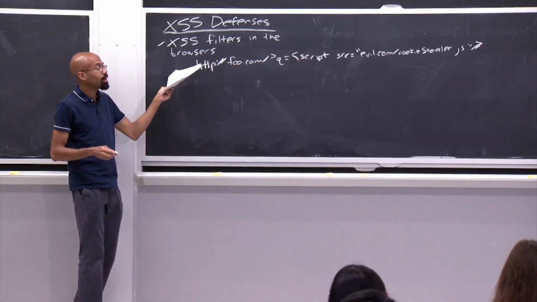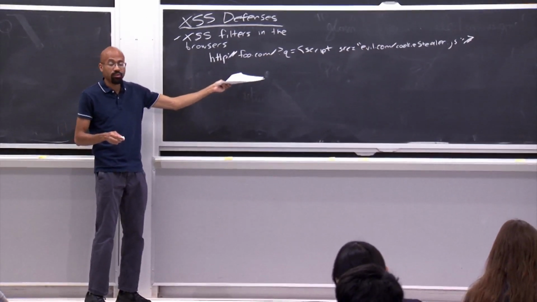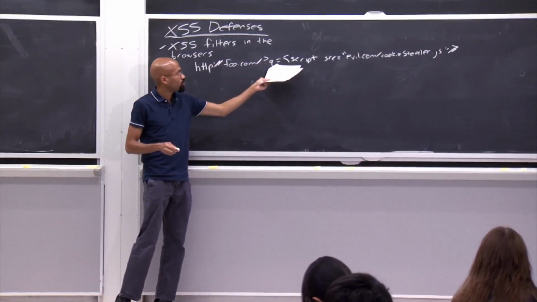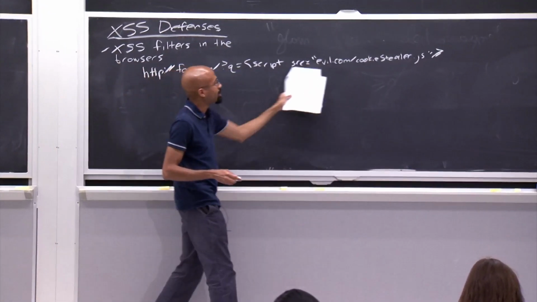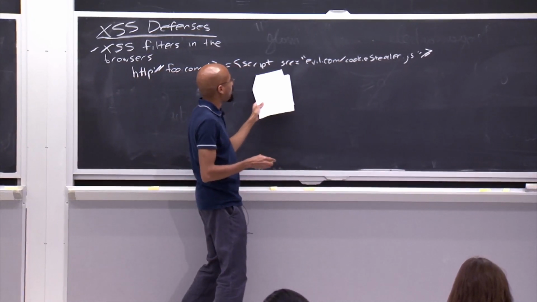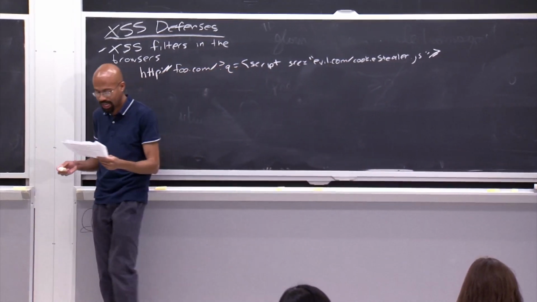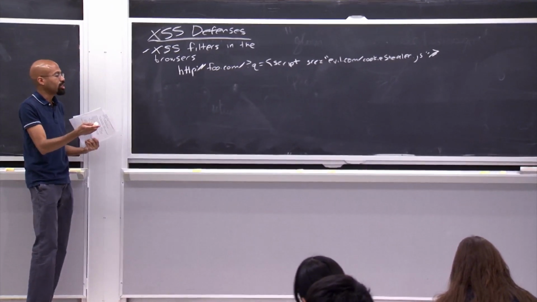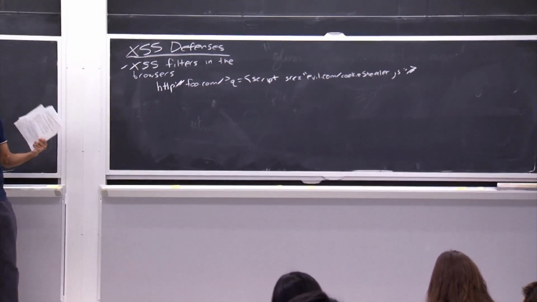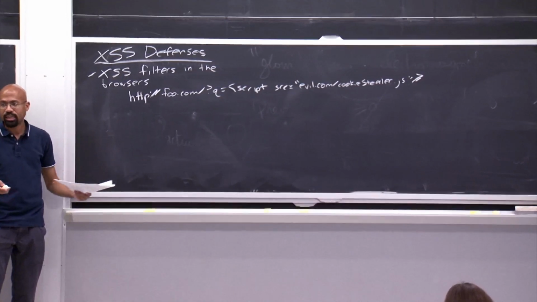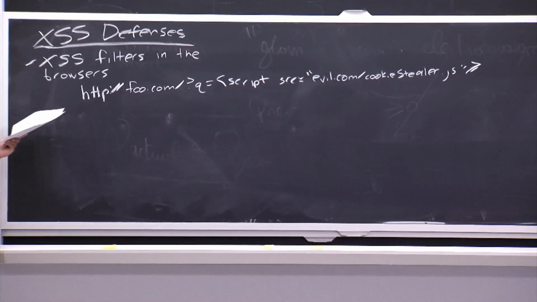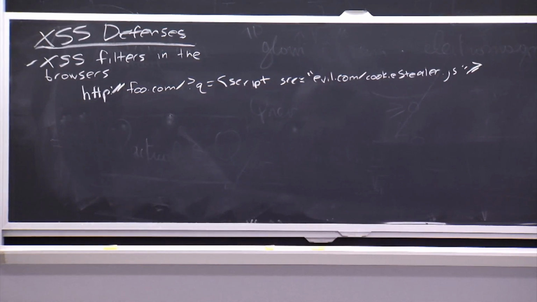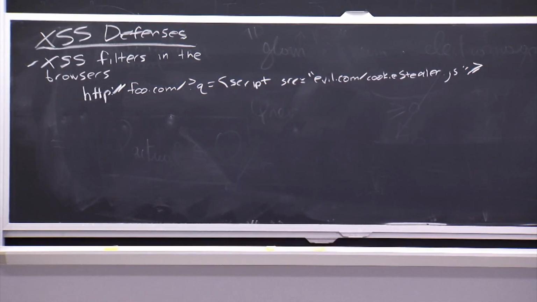So, for example, Chrome and IE have a built-in filter that will look at your URL value in the address bar, look for things like this, and if it's there, they will do things like maybe delete the whole thing completely. They will maybe change the source to be empty, stuff like that. And so essentially, to get to your question, there's a bunch of heuristics that the browsers have to identify things like this. And if you look at the OWASP site, they actually collect examples of heuristics you can use to detect cross-site scripting, as well as tricks you can use to bypass those filters. Right? So it's very funny.